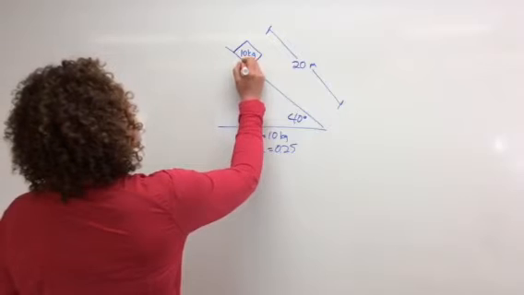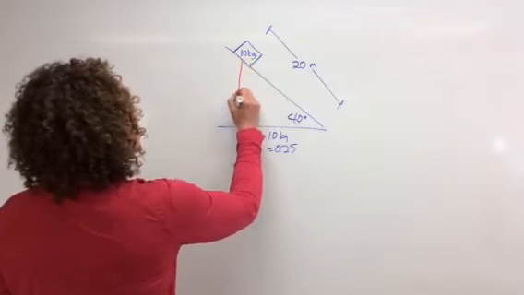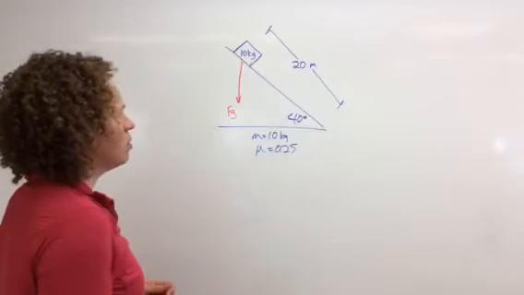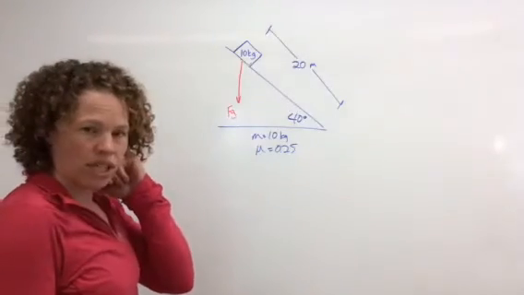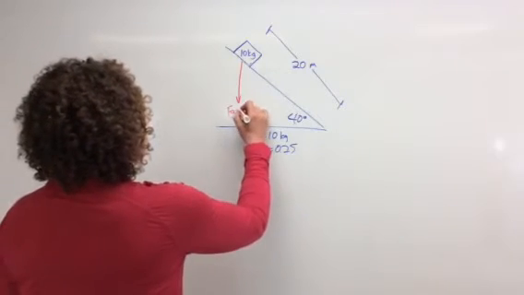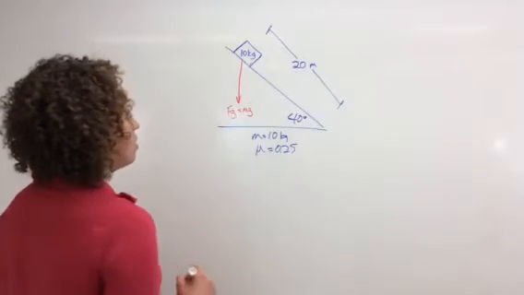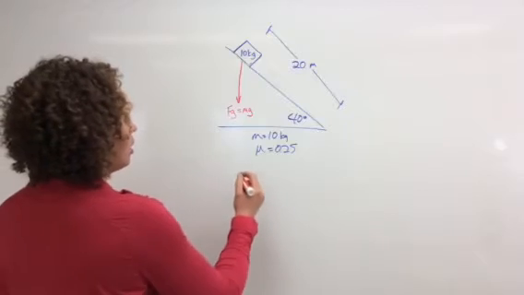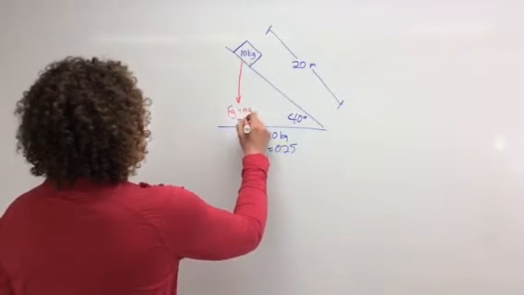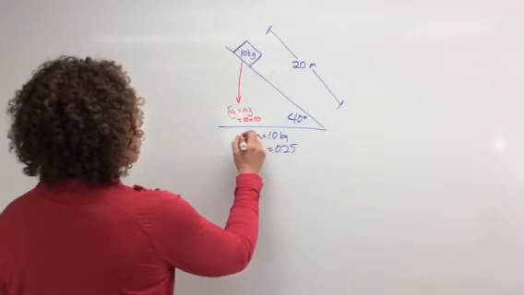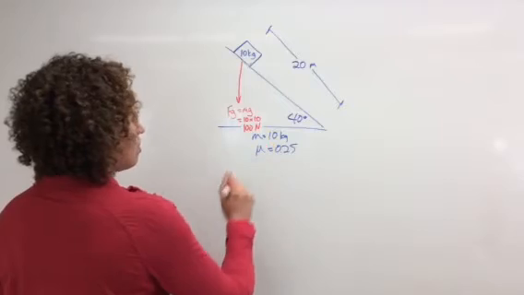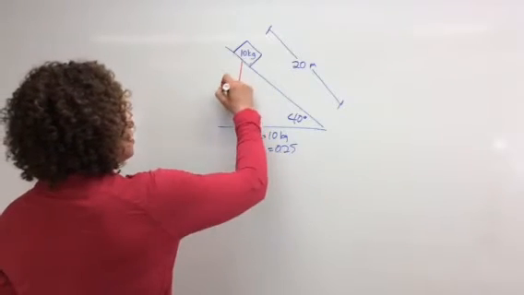free body diagram. So in the free body diagram, we have the force of gravity going straight down on a 10 kilogram object. So the force of gravity is just equal to mass times g. And in this case, they tell us g is 10. So my mass is 10 times 10. So my force of gravity is going to be 100 newtons. So I've got 100 newtons here,